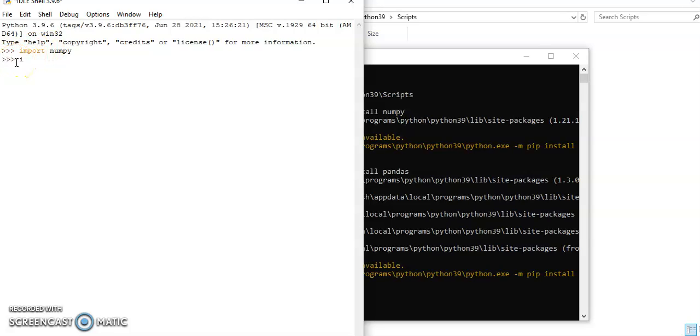Next, import scipy. Now also the three arrow marks came, that means numpy and scipy are installed. Next, import matplotlib.